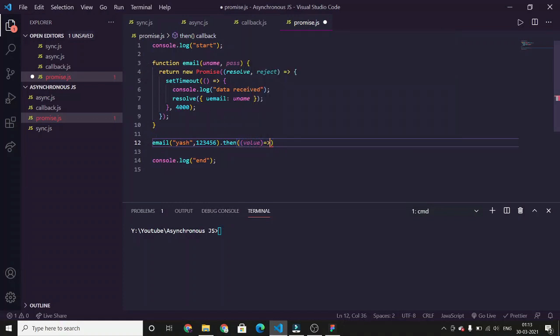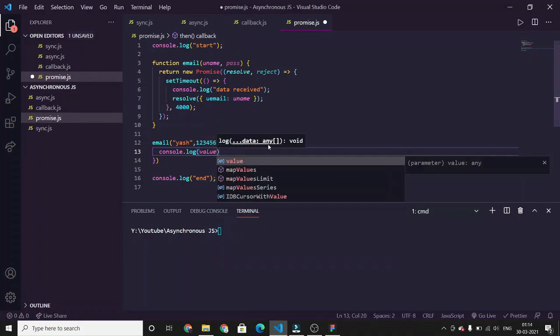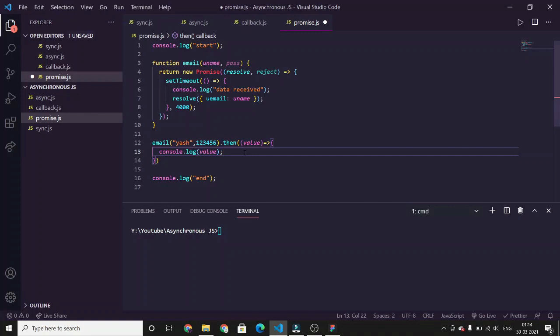This object will be passed as a parameter here. We'll just print the value. So we will get the data, this object, and we will be printing it.